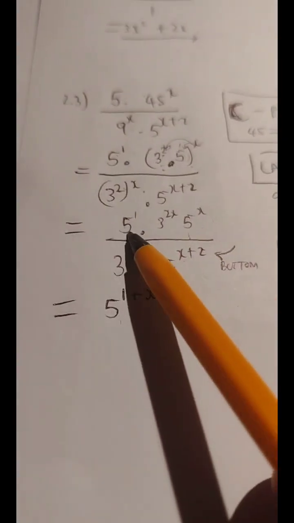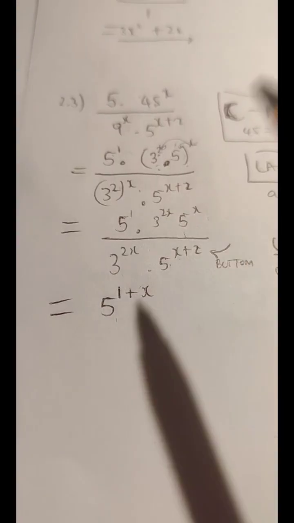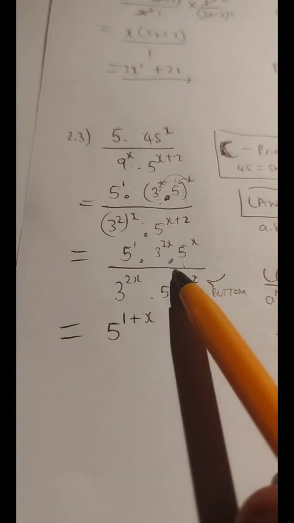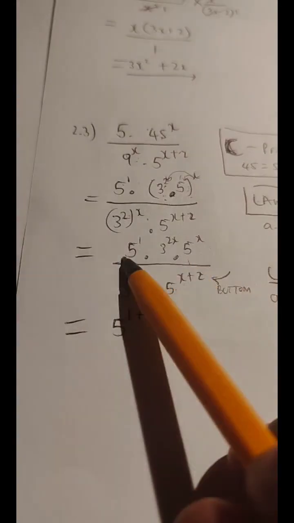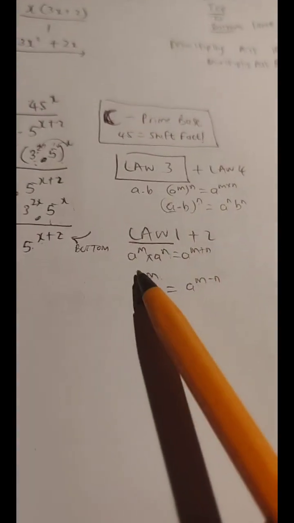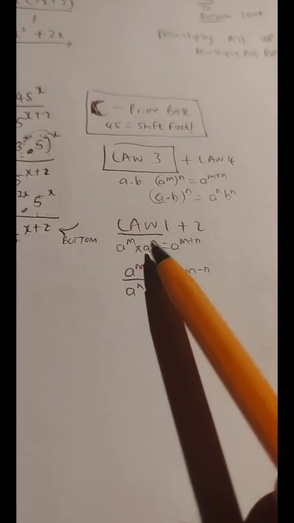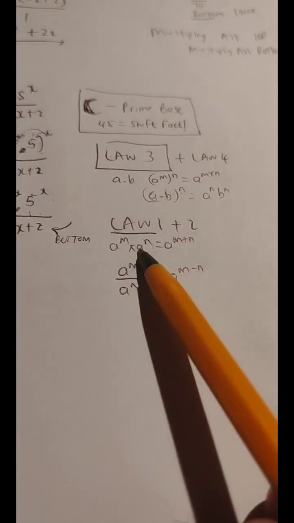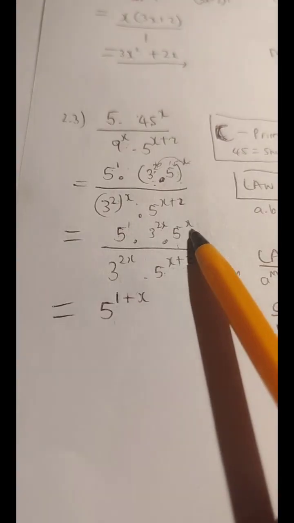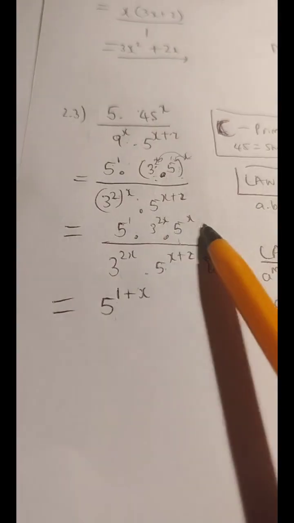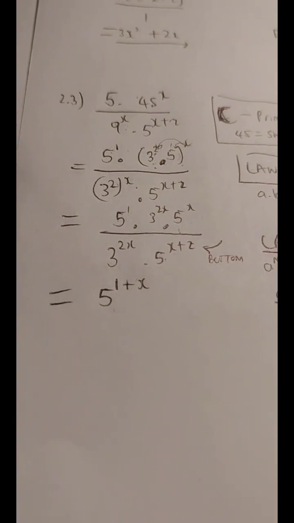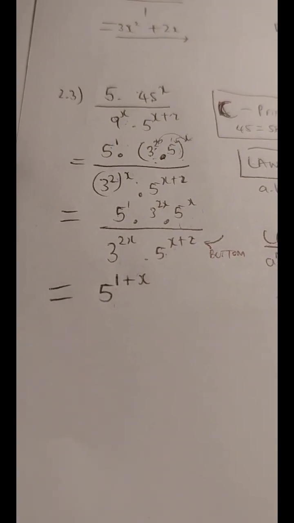G-man, this base 5 and this base 5 are in the numerator. We are multiplying 5 to the power 1 times 3 to the power x times 5 to the power x. The relationship of these bases is multiplication. But because we have the law that says for same bases, when we multiply, we add the exponents. When we are multiplying, we add the exponents. Then I am taking 5 to the power 1 and adding it to x because they are being multiplied together and they have the same base. So that's where I'm getting the plus x from, Mr. G-Man. Are you with me now?